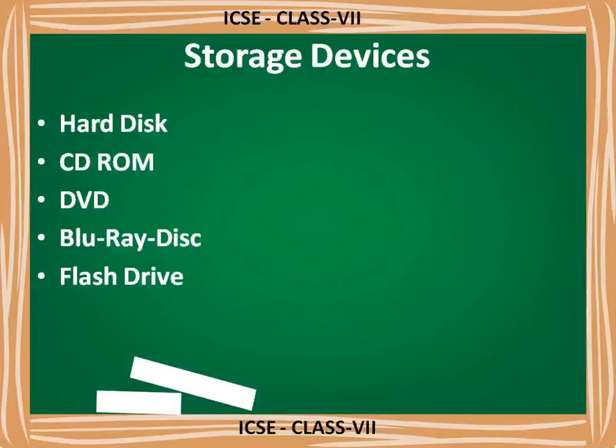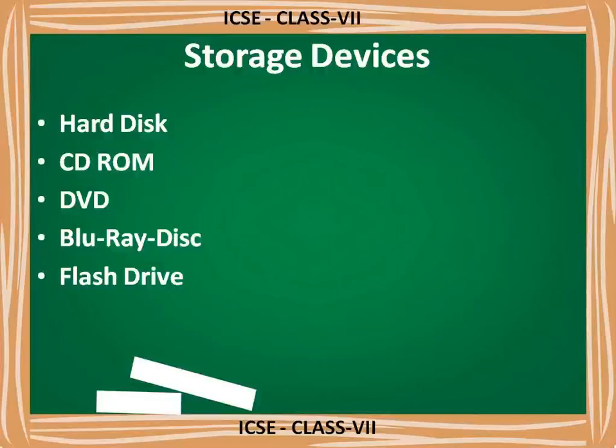So hard disk is also known as Winchester disk. Another name for hard disk is Winchester disk. A hard disk is made up of a collection of disks known as platters that are stacked on top of each other. Stacked means keeping the platters one upon another, and a head is given to read and write the contents on those platters. So that is the internal mechanism according to which a hard disk works.